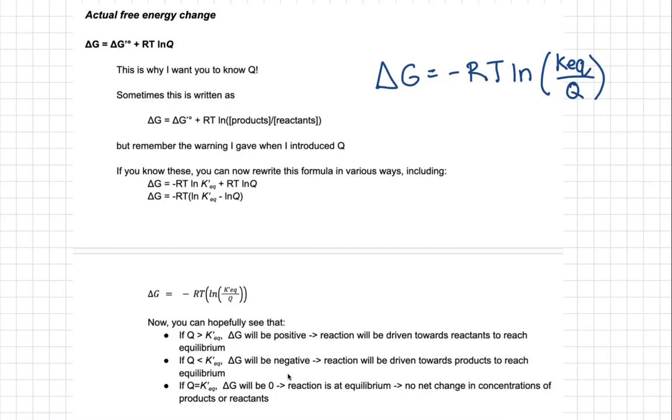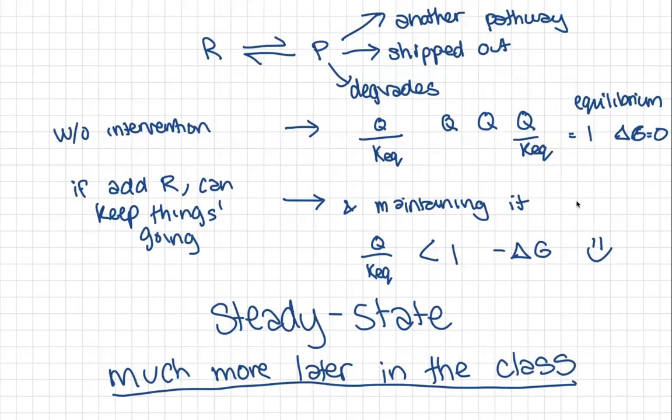And one of the key places that we'll actually see this is with ATP. So if you don't do anything, eventually you're going to get to delta G is 0. You're going to get that equilibrium. But you can actually do things to prevent this from happening. And so we'll see later in the course. So I just want to introduce the concept to you now, but we'll see a lot more of it later in the course, especially in the context of metabolism, how by keeping things away from equilibrium, by removing products, channeling them into other pathways, shipping them out of the cell,